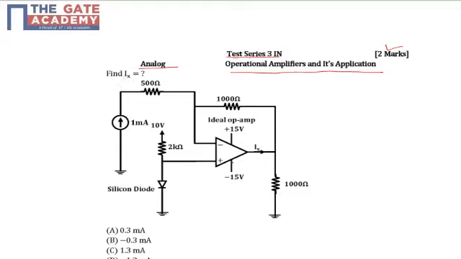This is the given circuit. This is the op amp. The negative terminal of this op amp is connected serially with 2 resistances, that is 500 ohms and 1000 ohms, and with a source of 1 milliamps. The positive terminal of this op amp is connected with 2 kilo ohms. The other end is connected with 10 volts, and this end is connected with a silicon diode, and here it is grounded. The output of this is connected with 1000 ohms, and here it is grounded. We need to find out this Ix value for this circuit.